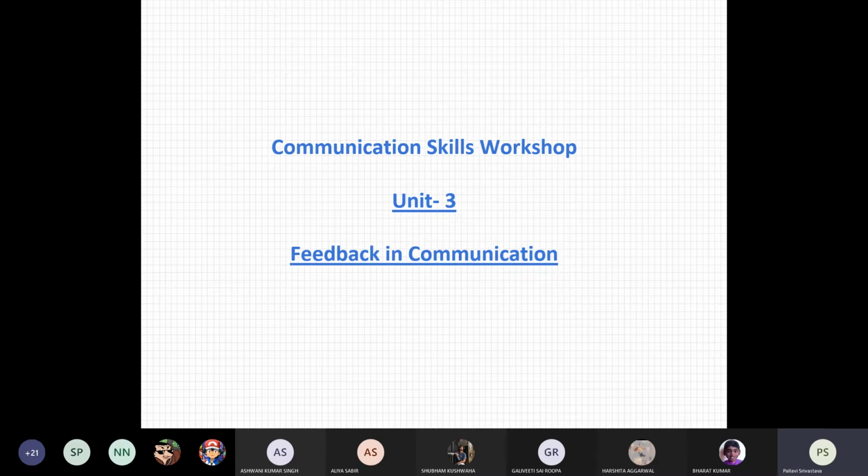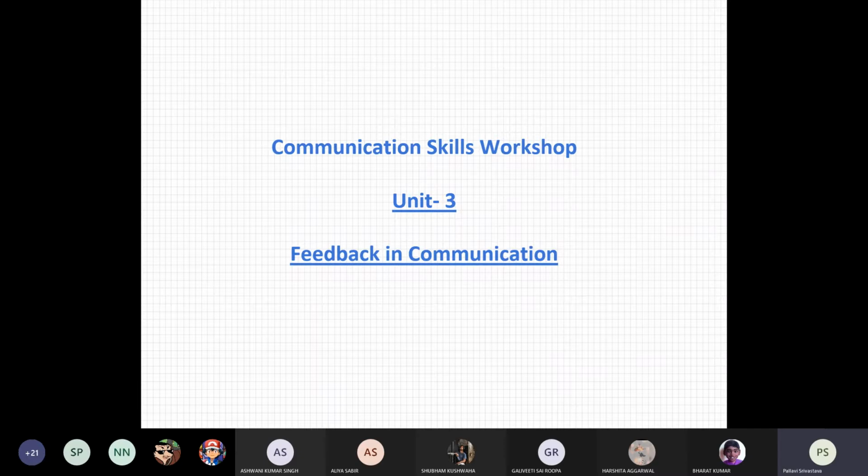We have studied communication in the last two to three units as well. In the first one, we learned the basics of communication, what we mean by communication, and then the difference between technical and general. Then we went on to barriers, and then from there listening. And today what we are going to study is a kind of extension to all that. The process which we studied in the first one, where sender and receiver are involved, the same kind of thing is going to happen here as well.